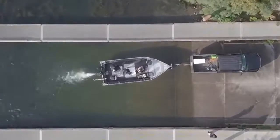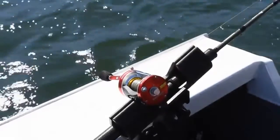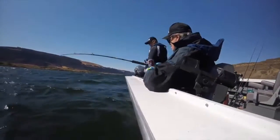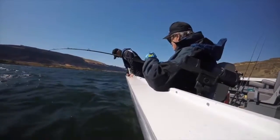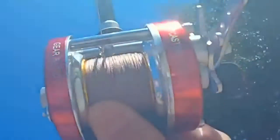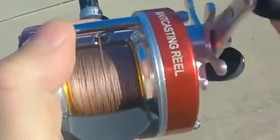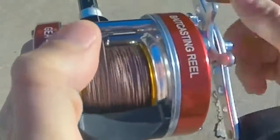The KastKing Rover full metal body round conventional reel has enjoyed a terrific history for both fresh and saltwater fishing. KastKing Rover has been along on many memorable fishing trips. It has taken a personal best for quite a few anglers. Made in size 40, 50, 60, 70, 80, and even 90 sizes in both right and left-hand retrieve,